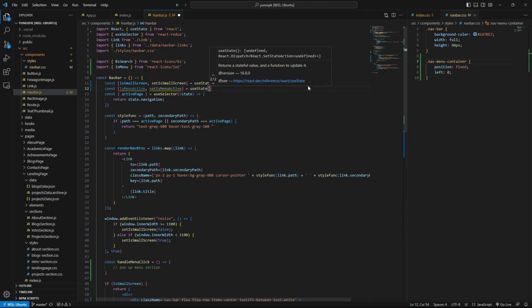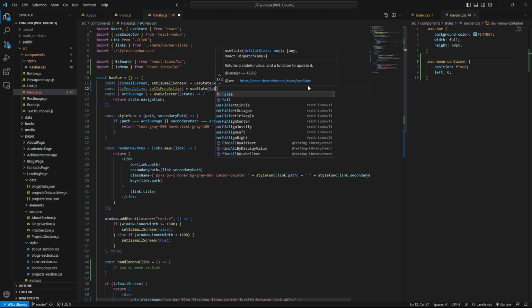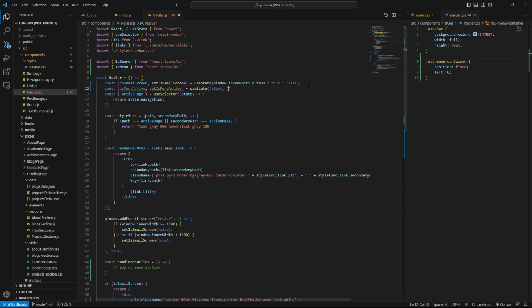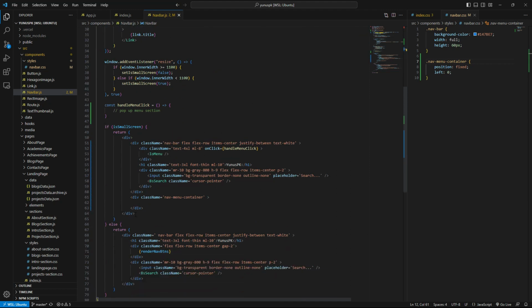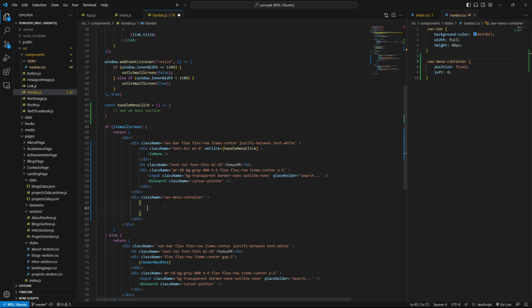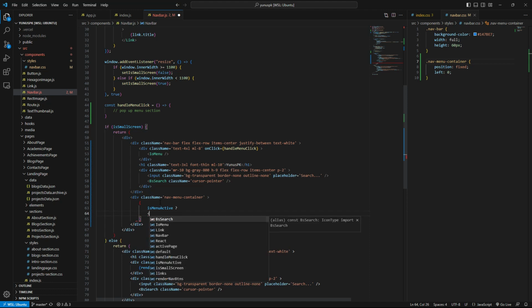Use state, and by default it's gonna be false. Now here we have is menu active. If it's active, then